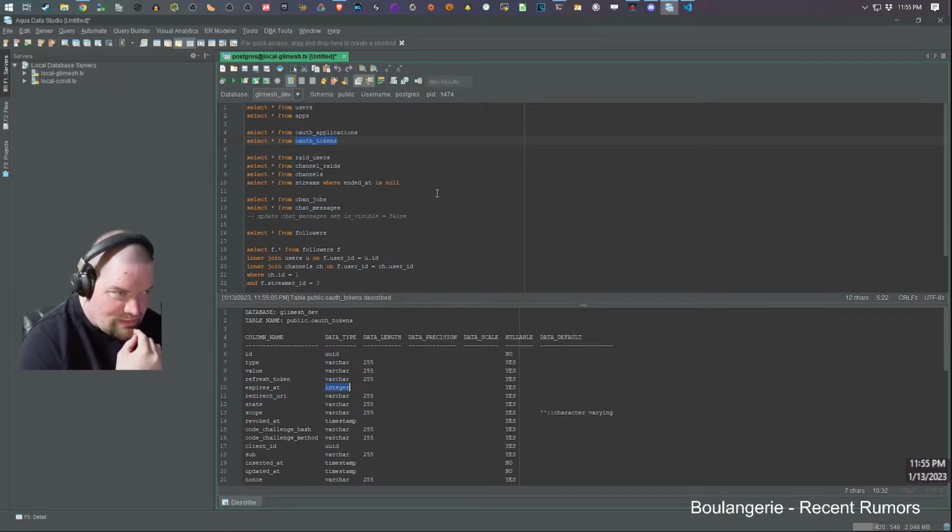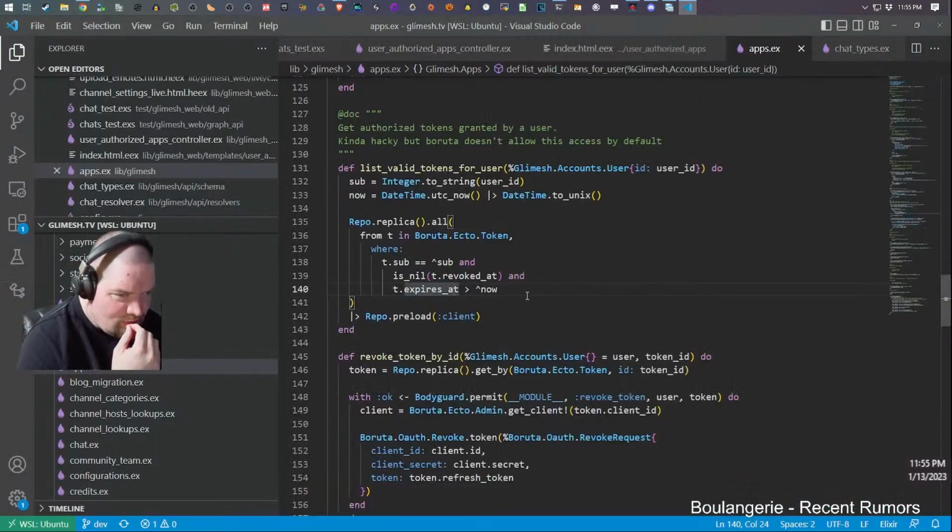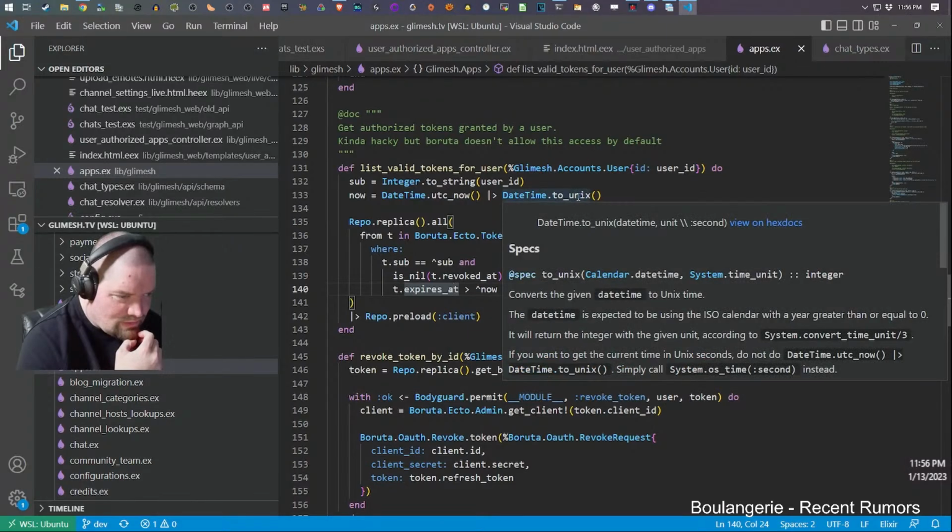So expires at, so then yeah, datetime to Unix. Converts a given datetime to Unix time. I want to get the current time in Unix seconds.